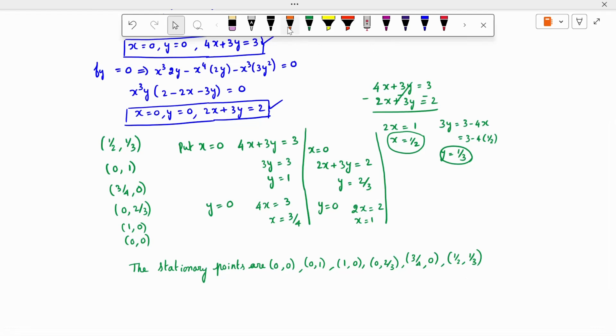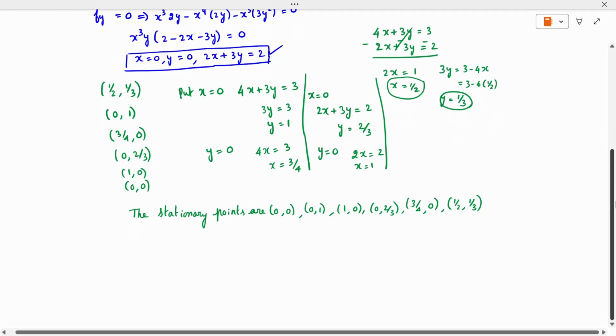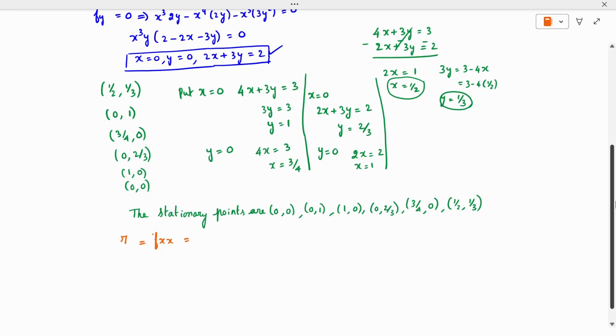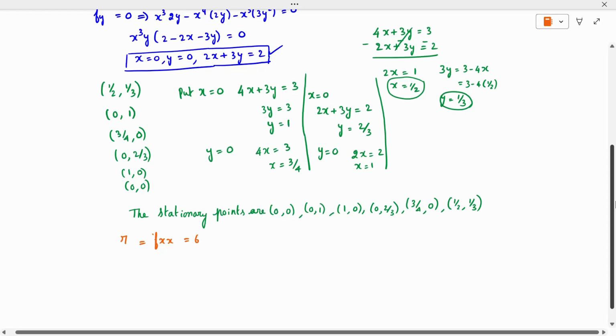Now one by one we will calculate it. First, before that, I will calculate R, T and S so that it will be easy for our calculation. What is our R? R is nothing but Fxx. Fxx we have calculated, differentiate one more time with respect to x. So what is our equation already given? 6xy squared minus 12x squared y squared minus 6xy